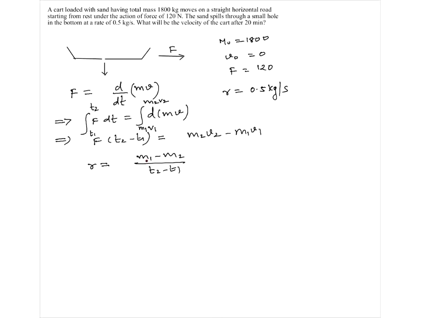I hope you understand why I have written M1 minus M2 and not M2 minus M1. Because R is a positive number and final mass will be less than the initial mass. Right? Now T1 is initial time, T2 is T, starting from rest, initial speed is 0, let's say final V2 is V itself, final M2 is M, let's say,